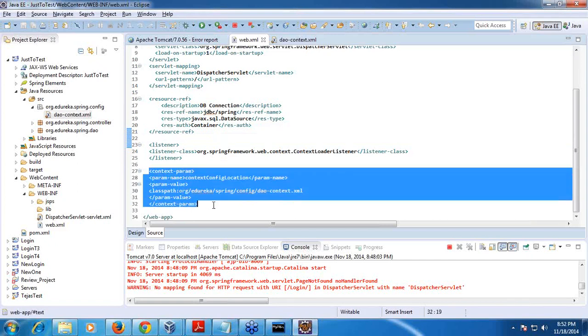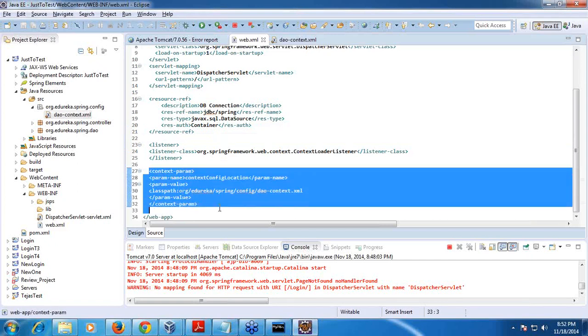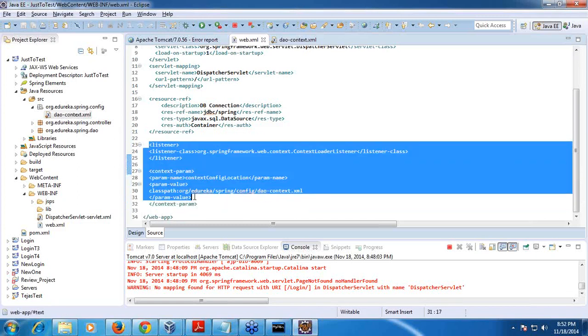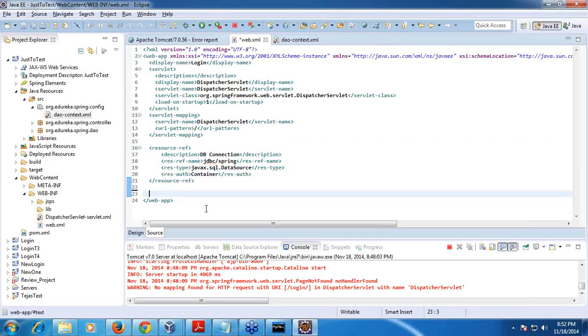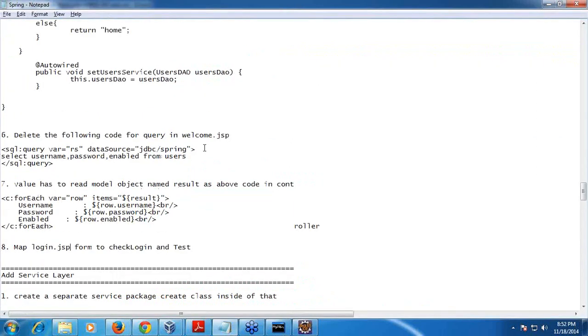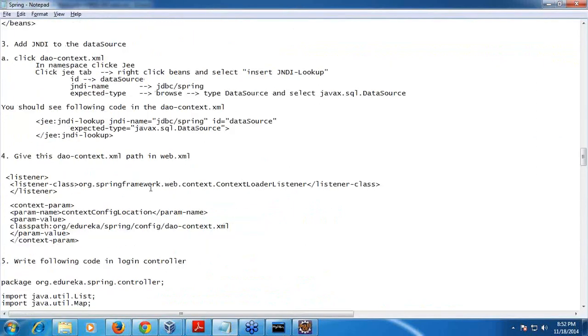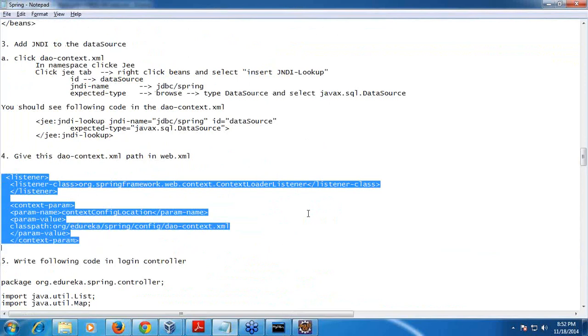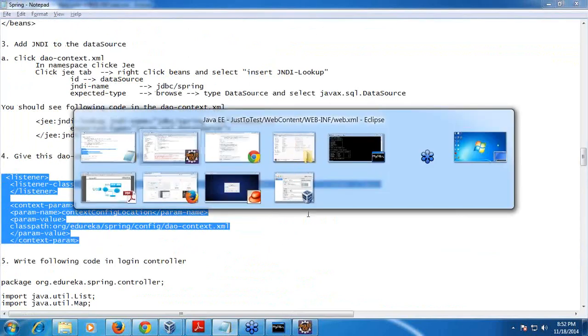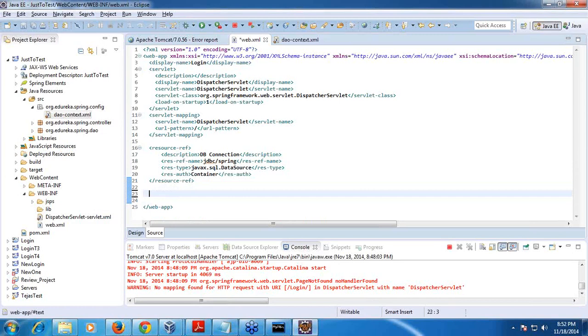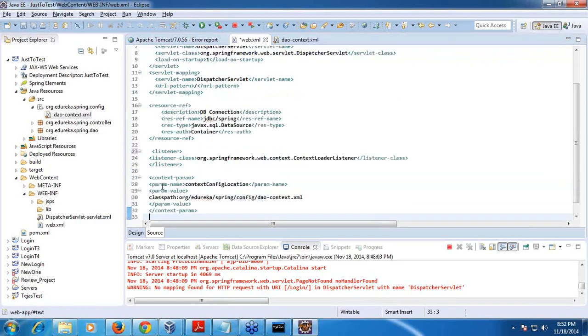Let me just delete it and then add it. Public context, param, listener name. Let me add from this, maybe. I'm just trying my luck. I'm sorry. So now context, this org, Edureka, Spring, config, DAO context.